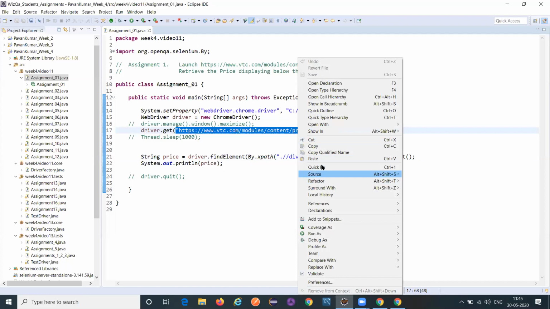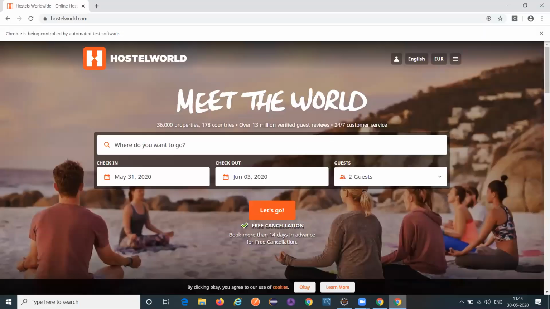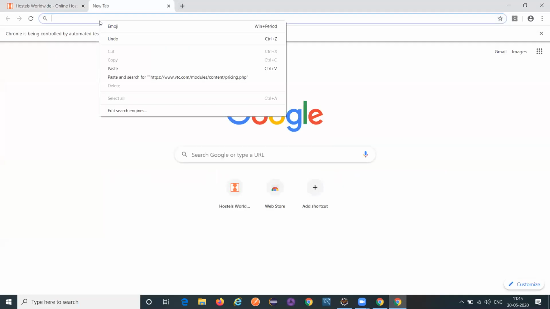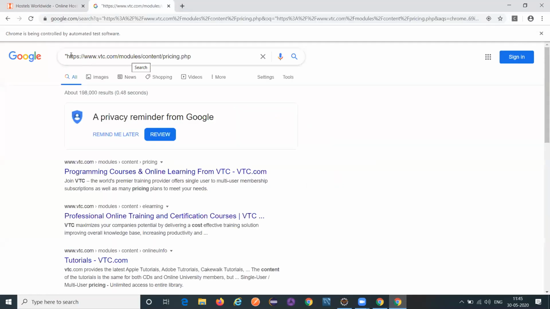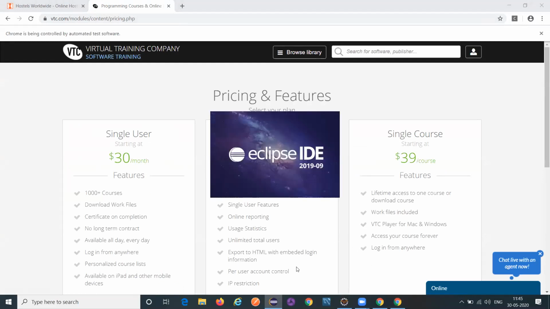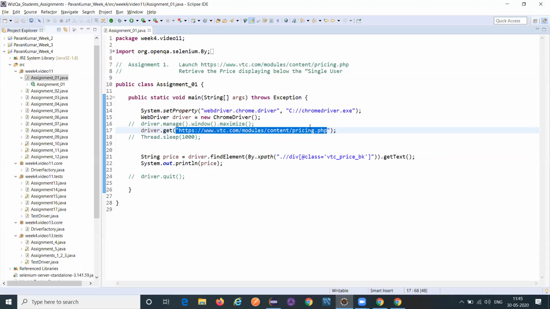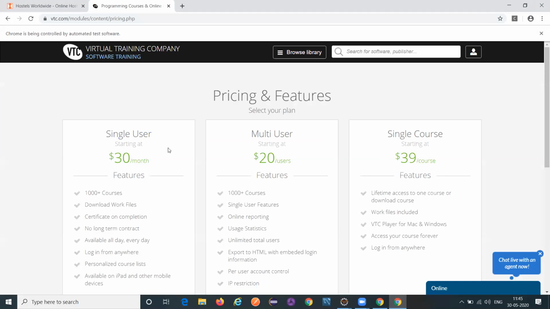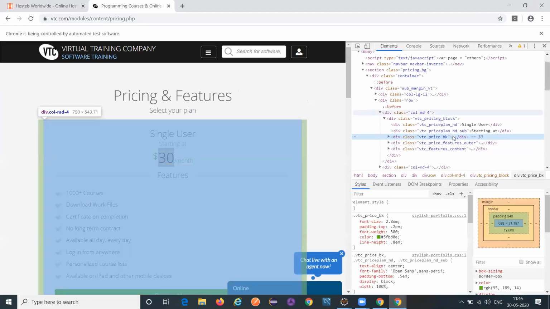So I will quickly go to this particular application and try to get the value, which is nothing but the pricing for the single user. Ideally, this element over here. So this assignment is all about XPath finding. It's very simple to find the XPath. You go ahead and do the inspect, right? And in here,